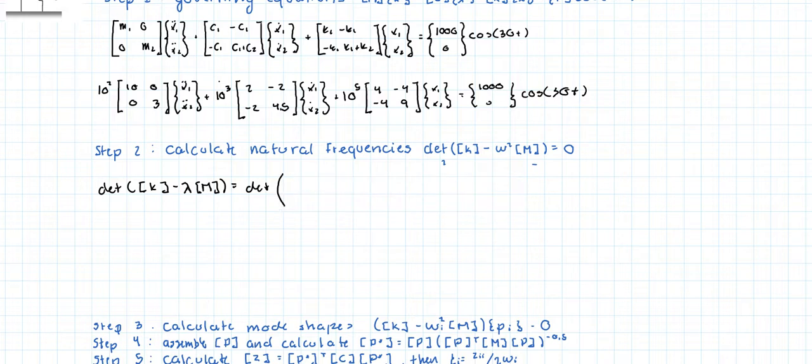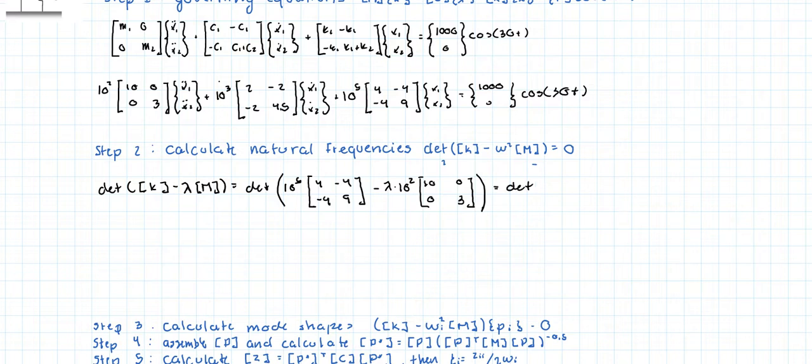I'm sorry, I made a mistake. I had to write the stiffness matrix here rather. 4 minus 4, 9. It's a 2 here. That's equal to the determinant of